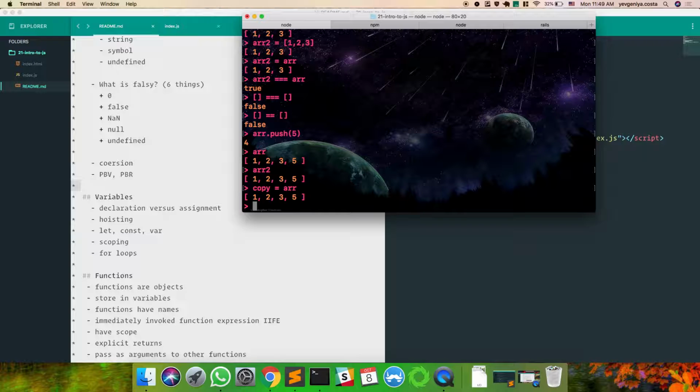Does anyone know how you would make a copy of an array since you can't just assign one thing to the other because it'll affect both of them? I know for a fact there was a lab about this. Can you, Sarah? Non-destructive functions and methods? You can use a non-destructive method to do it. Does anyone know a good one?